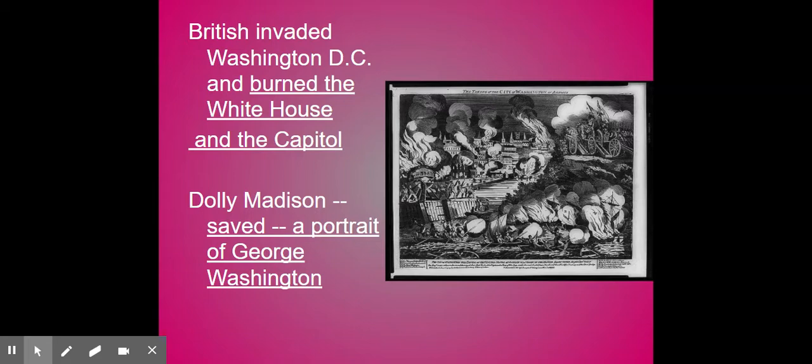And Madison was already out of the city. James was already out of the city. Dolly was going to go join him. And here come the British. So I understand the story. The British are literally marching up the road to the White House to set fire.